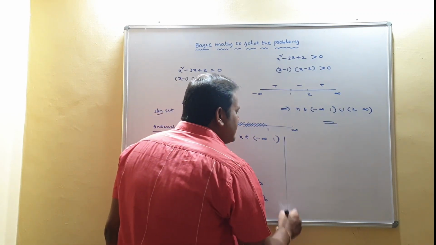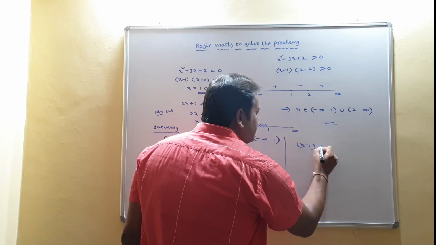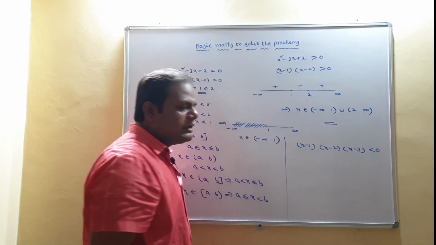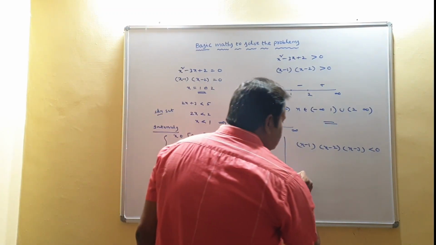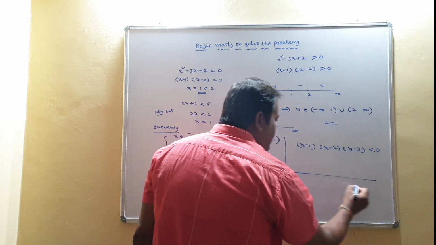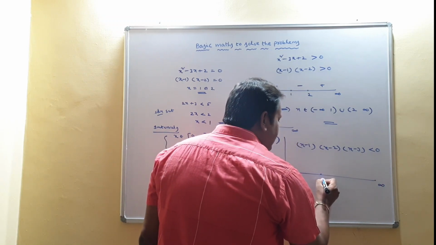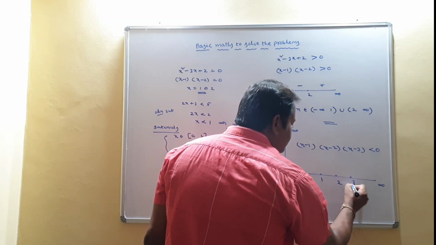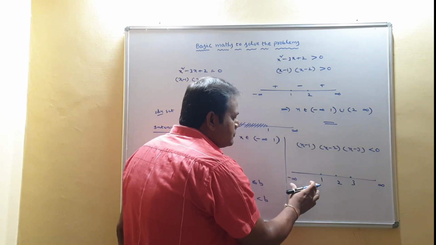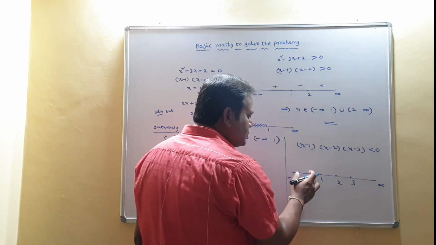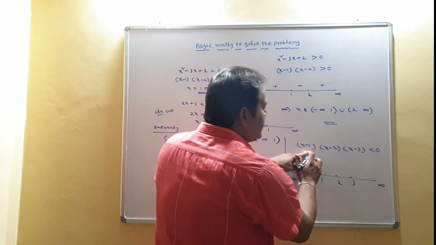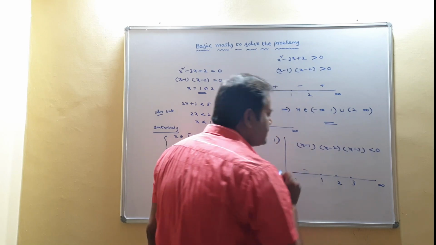Or suppose the inequation is (x minus 1) into (x minus 2) into (x minus 3) less than 0. So it is a cubic inequation. For this also, it is the same. First you mark them on the real line. Suppose this is minus infinity and this is plus infinity. You take the values 1, 2 and 3. Okay. So first you take one value between minus infinity and 1, that is 0. You put 0 in this inequation. Then what do you get? Here it will be negative, negative, negative. So totally it is negative.